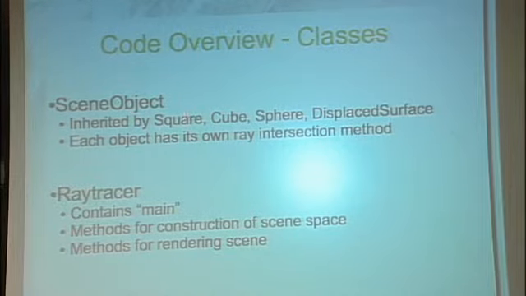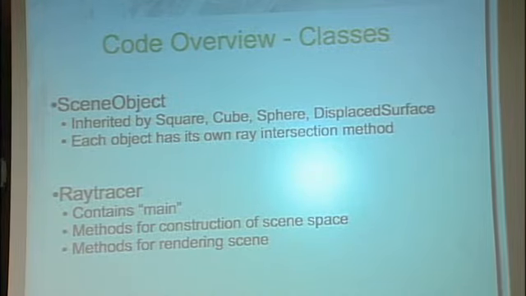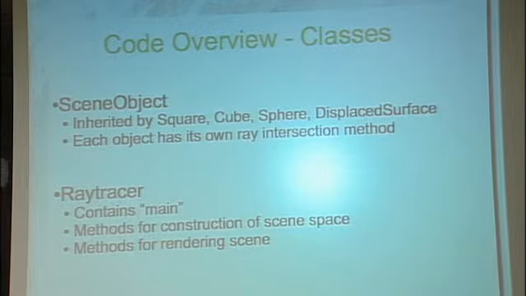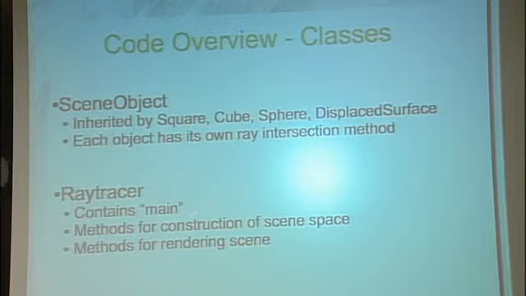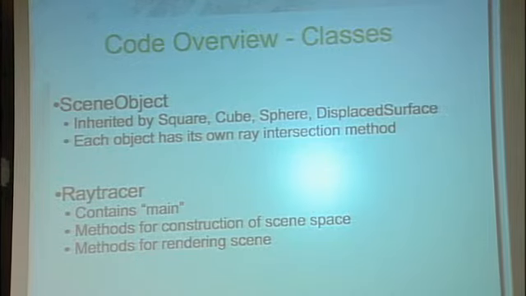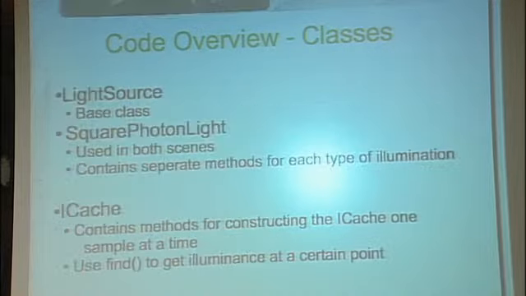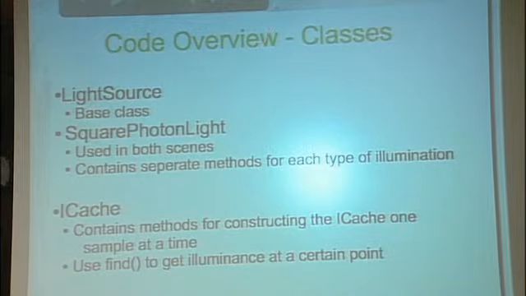And the scene object is inherited by these objects here, which all of the objects will inherit from. Then we've got the ray tracer class, which contains the main method, so it starts the program, and it also contains methods for constructing the scene and then rendering the scene once you've constructed the scene first. We have the light source class,